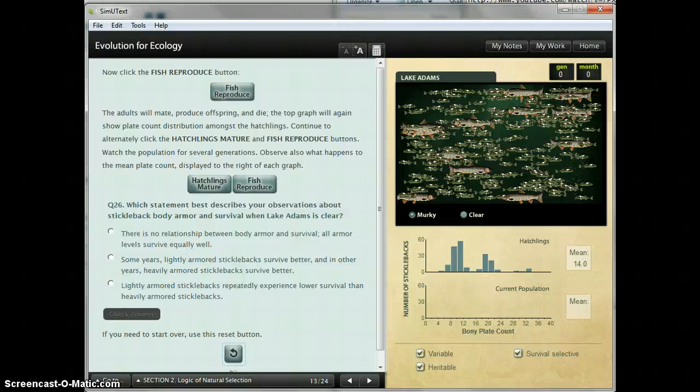Our final assumption is that survival is selective. This is selective survival and reproduction. I also, in my notes, have included overproduction as part of this. And so when we look at what's going on here, what we're interested in is what happens as our individuals